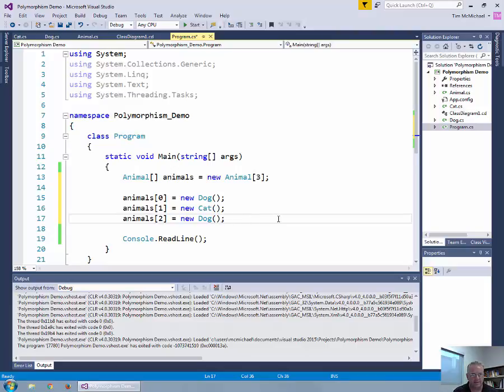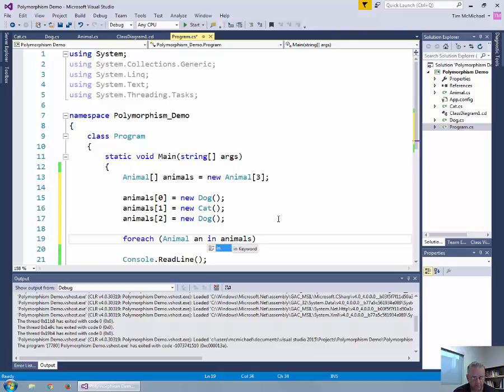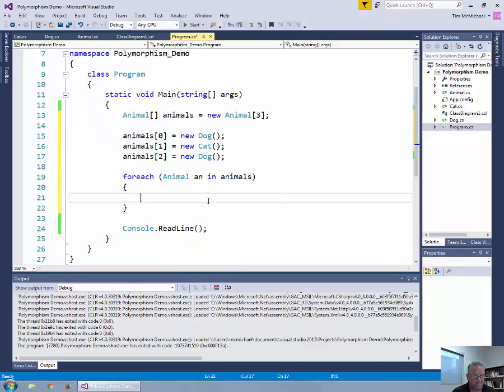And this idea of late binding, which means it's not going to decide until runtime which class it really is, is really useful for us, because we can now do something like, for each animal an in animals, oops, wrong language here as I get confused between Java and C# as usual. I can say an.makeNoise,